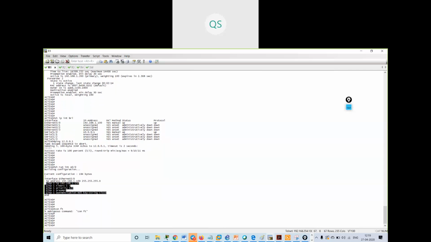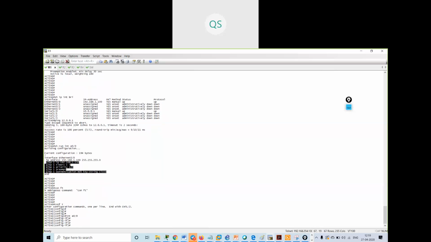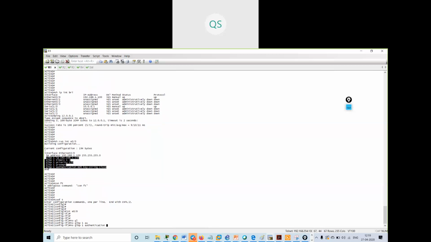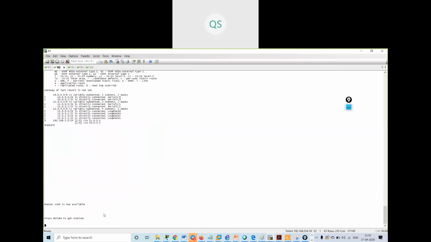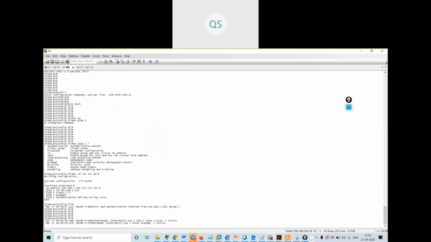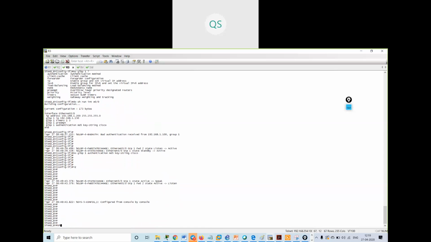Config terminal. Let me remove the configuration.